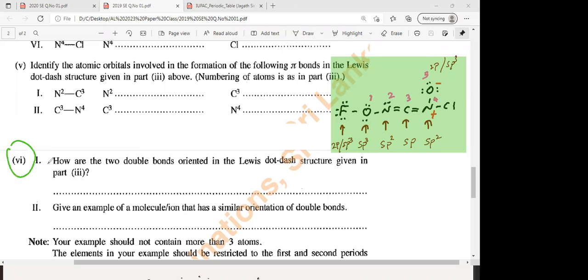How are the double bonds oriented? Can you all post the answer in the chat? Yeah. So what to write actually, when they ask how the double bonds are oriented, means